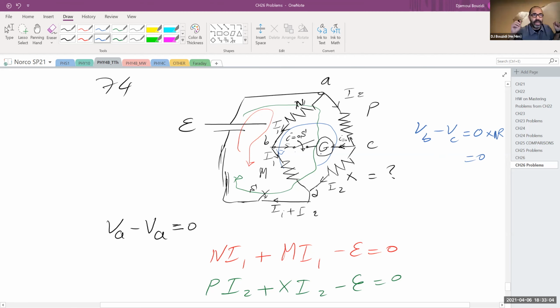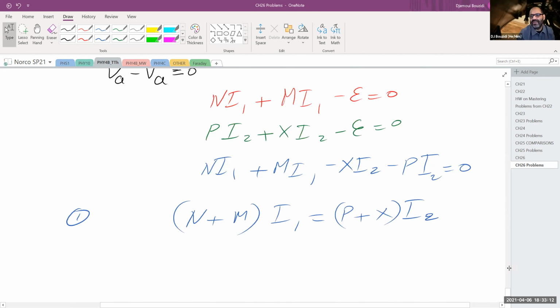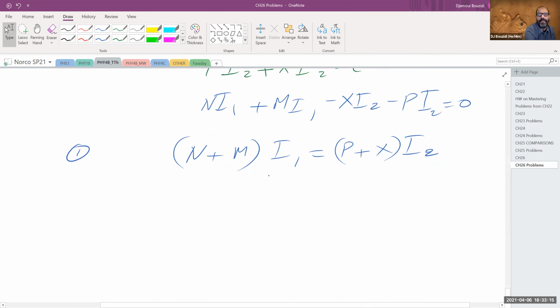So the points B and C are in the same potential because there is no current. They're connected, and there is no current between them. So they must be in the same potential. Because of that, I can say that VB is equal to VC, because their difference is equal to 0. So if I subtract VA from both of them, VB minus VA, that is still an identity. Well, VB minus VC,